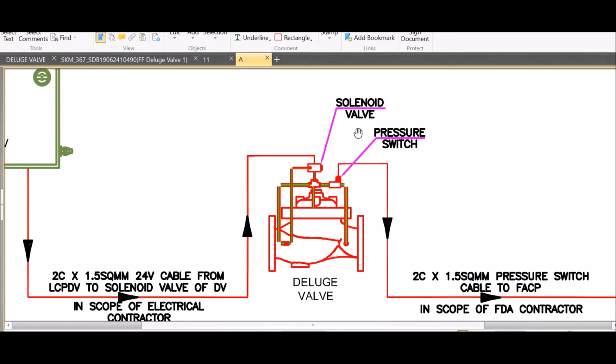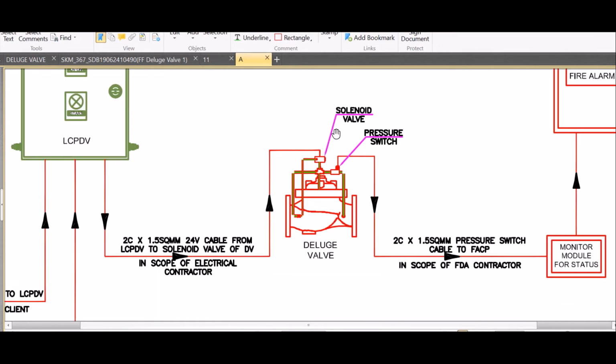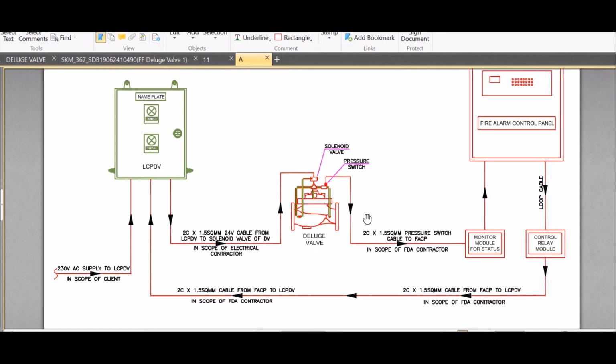When the fire occurs and the signal is sent through the control module and the deluge valve control panel, it will actuate and release that water pressure, and the diaphragm will release, and the water will flow from the pressurized side to the non-pressurized side. This way the water flows from the nozzle and creates a barrier and restricts the fire within the zone.